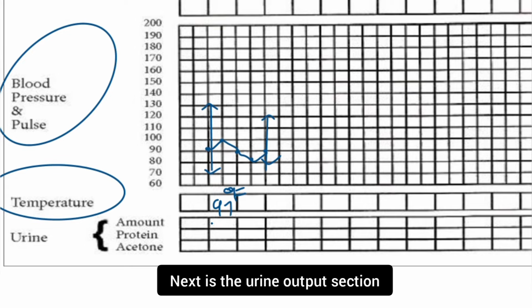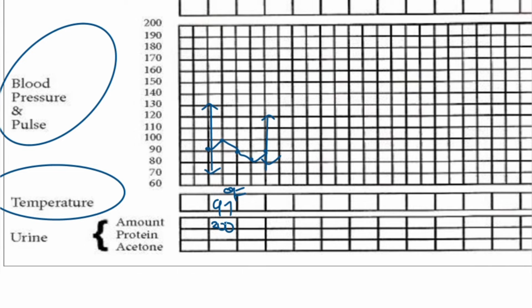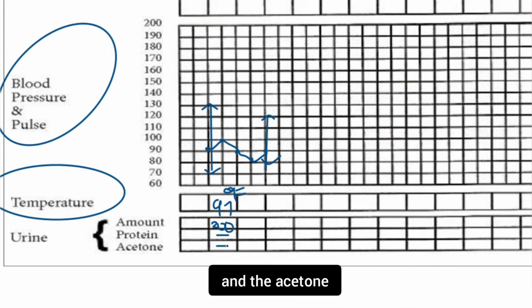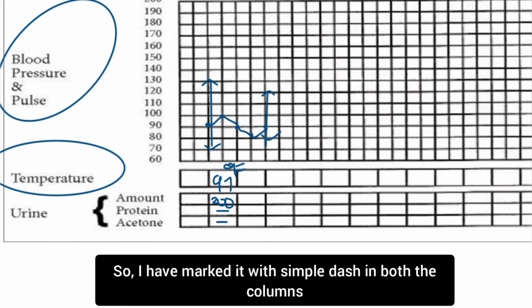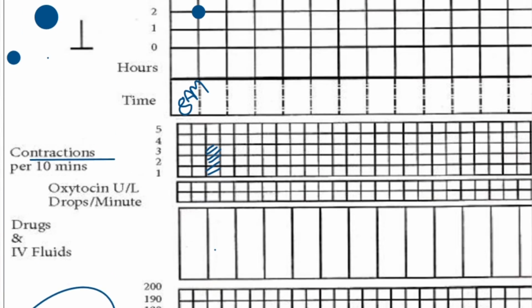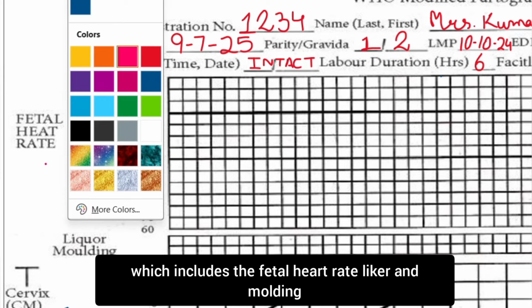Next is the urine output section. So urine output is mentioned in ml every 2-hourly, and also we have to assess for the protein and the acetone, and in this case no proteinuria or ketonuria was there, so I have marked it with a simple dash in both the columns. Now we come to the most crucial section, the fetal monitoring, which includes the fetal heart rate,